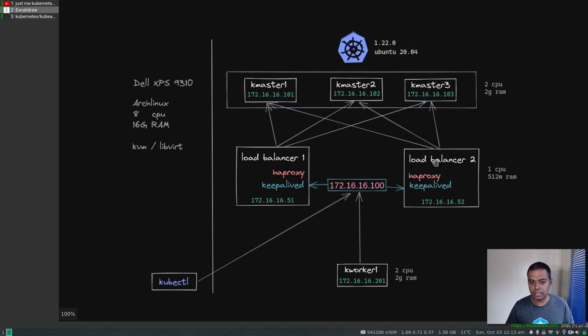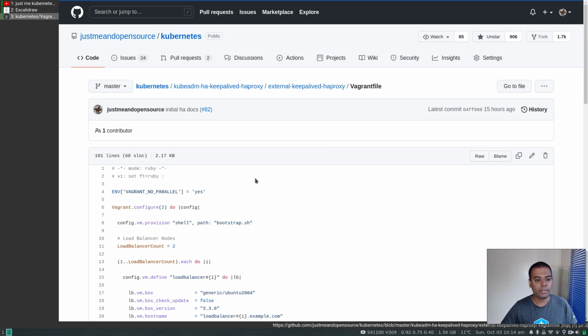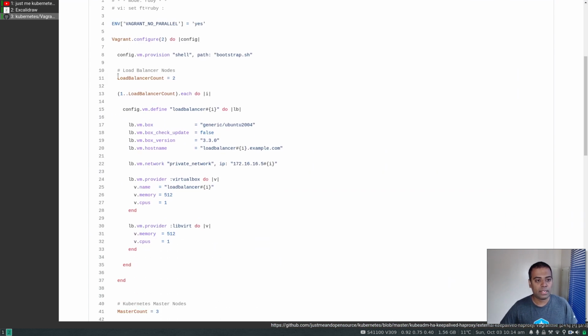Just for completeness' sake, I'm also going to show how you can do that. If I show you my Vagrantfile here, you can see there is this load balancer count. If you want more load balancers, you can just update this variable, and I'm using Ubuntu 20.04, box version 3.3.0, and